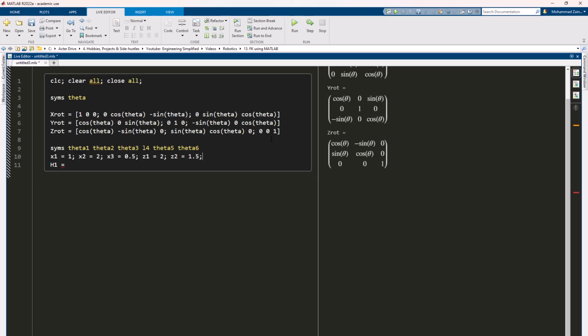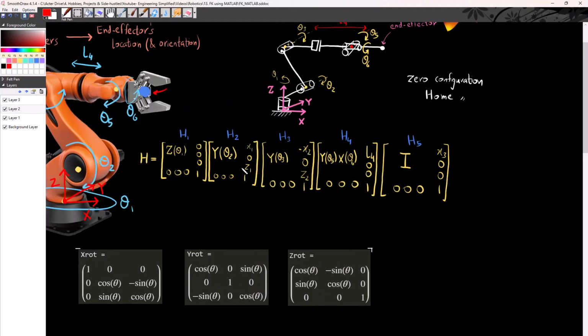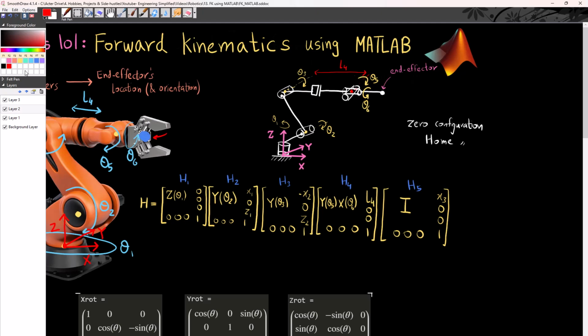Okay, so I am just talking about these variables right here. So these variables. Okay,